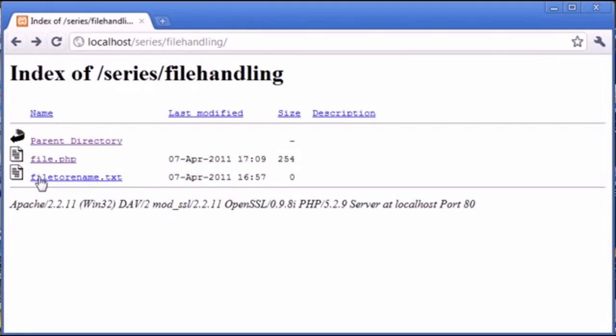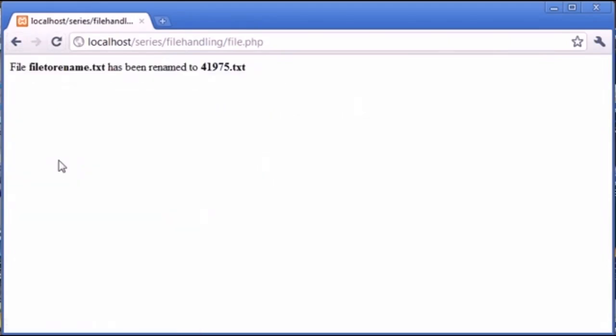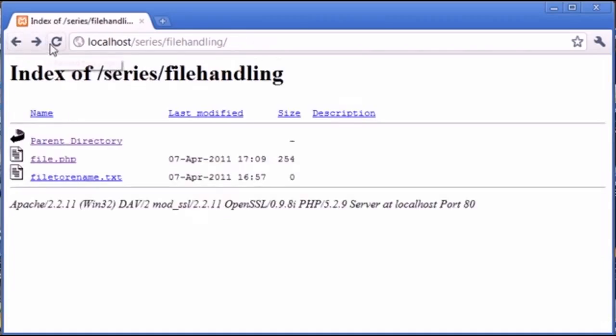So let's go back and refresh. You can see that we've still got file to rename.txt. Let's go into file.php. Now it says file to rename.txt has been renamed to 41975.txt. So we've successfully renamed it to a random number. Now let's go back again and refresh, and you can see that that in fact has changed to